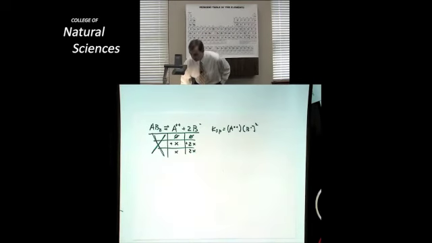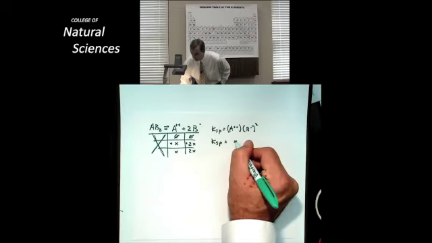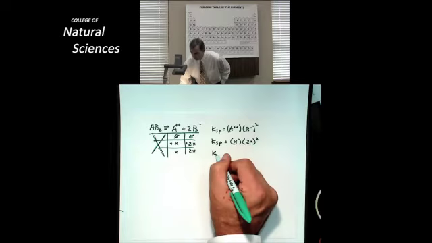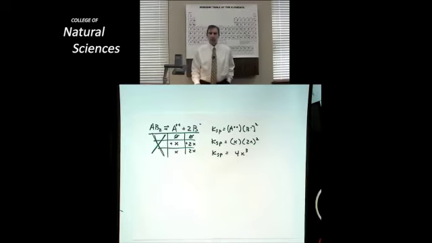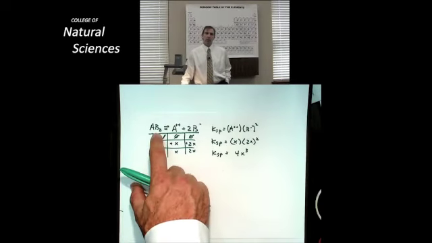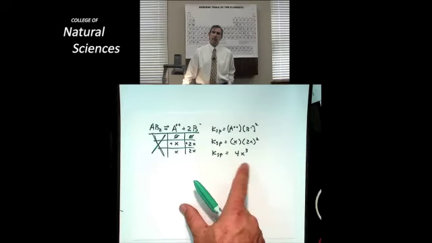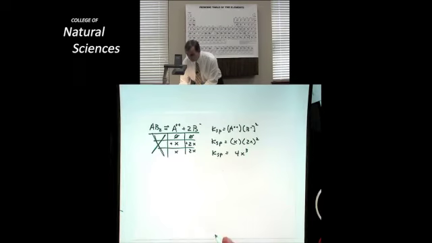I've got to stick these into this expression here. This becomes X. This becomes 2X squared. The result is 4X cubed. When I have compounds of the form AB2 or A2B, this is the expression that allows me to figure out the molar solubility. The molar solubility